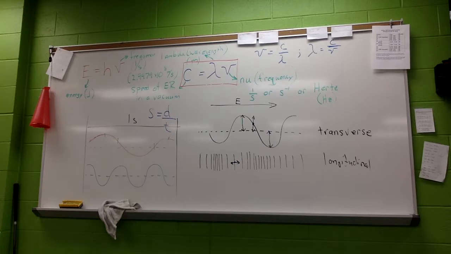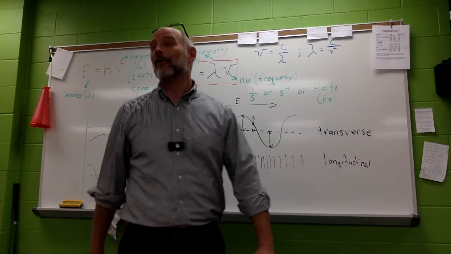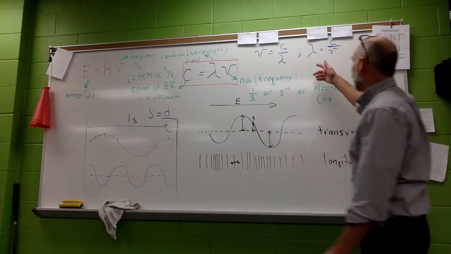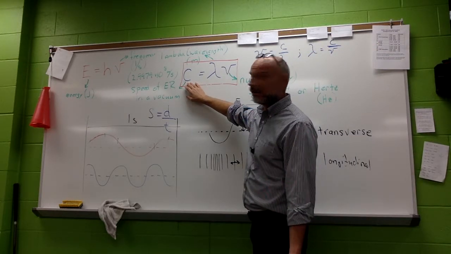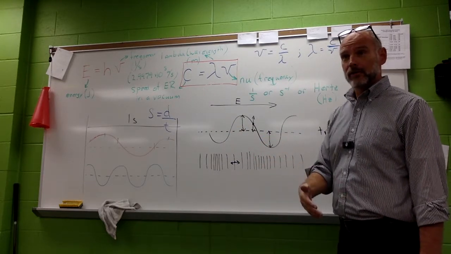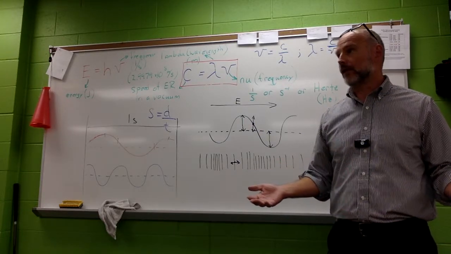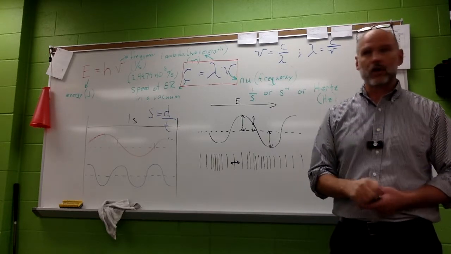Oh, no. The units for H. I see what you did. No, the units for H. Okay, so all we have to do is rearrange and solve for H and find out what the units are that are left over. Just like when we rearranged and solved for C, what were the units that we got? Meters per second. So that's what the C is measured in. You guys just happen to know that speed is measured in meters per second, but that's how you figure out the units for a constant.